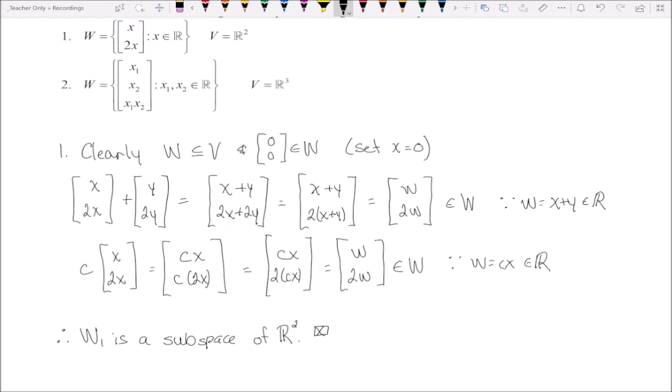The second one, we're considering the vector space R3 and the set of all vectors (x1, x2, x1 times x2), such that x1 and x2 are real numbers. We need to determine if this is a subspace or not. Okay, well,